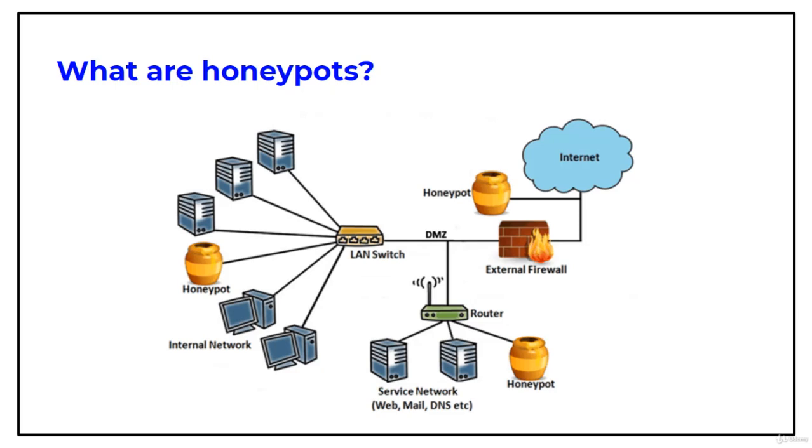Now, once the hackers are in, they can be tracked and their behavior assessed for clues on how to make the real network more secure. Honeypots are made attractive to attackers by building in deliberate security vulnerabilities. For instance, a honeypot might have ports that respond to a port scan, or a weak password. Vulnerable ports might be left open to entice attackers into a honeypot environment rather than the more secure live